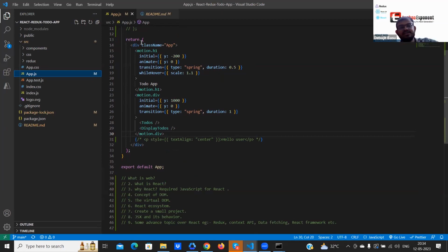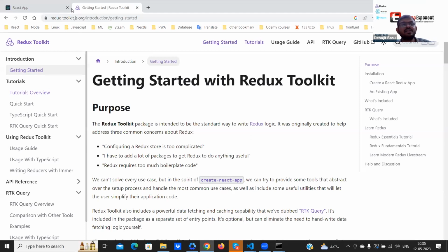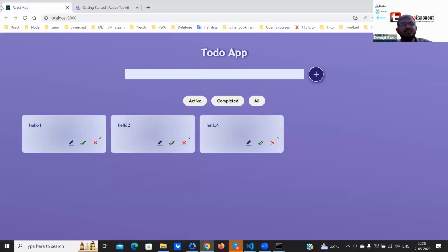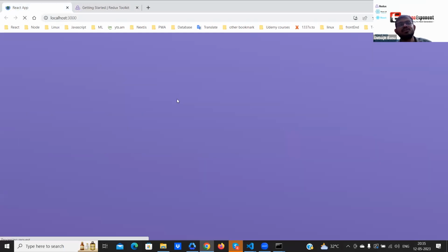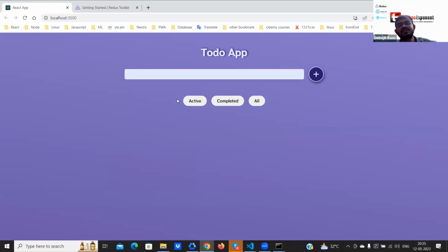So this is the application. Forget about the implementation for motion.h1, motion.h2 and so on. It's basically a package, the Framer Motion package, and it's part of Emotion.js. What it does is, at the time of launching the page, it gives you a nice little animation. Nothing else. And whatever to-do list is there, the to-do list is basically saved inside the Redux store,